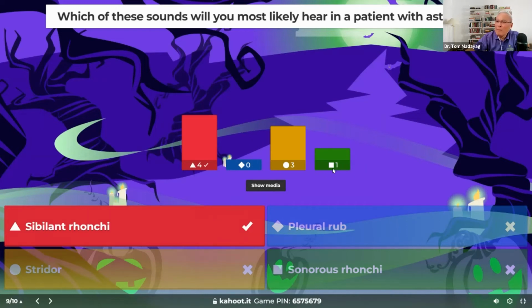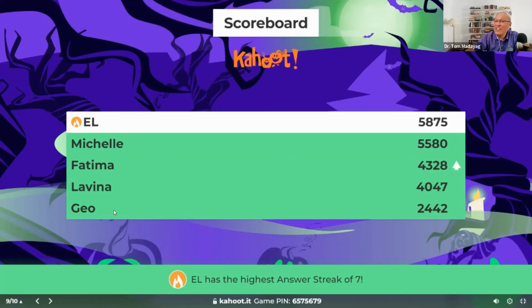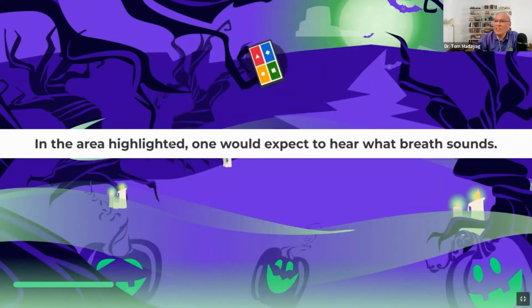Okay, so when a patient has asthma, they will have wheeze, and a wheeze is also known as a sibilant rhonchi. Okay, stridor would be heard in obstructions of the upper airway, so it would be located in the neck. So let's see. L is the fastest with Michelle, Fatima, Lavina, and Gio. And the last one is